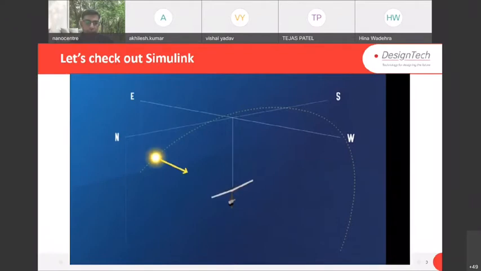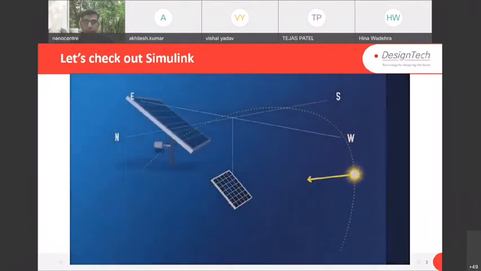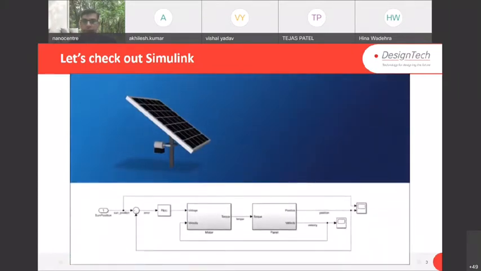Okay. I have to move the solar panel with respect to the sun's movement, right? So to get that optimized output, I require a controller and a motor, right? And in the controller, there are some parameters. So we want to optimize the parameters to get the desired output. The desired output is what?